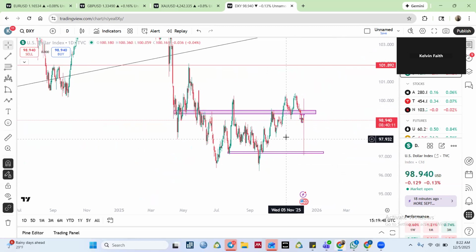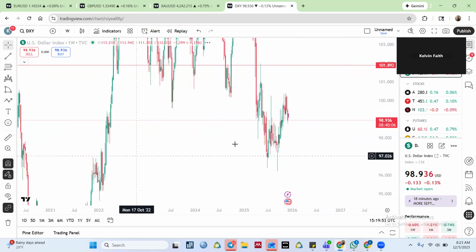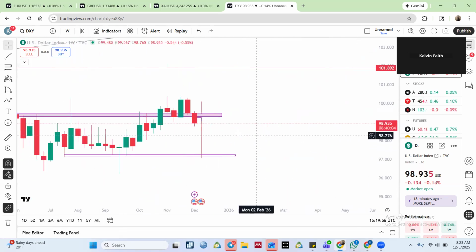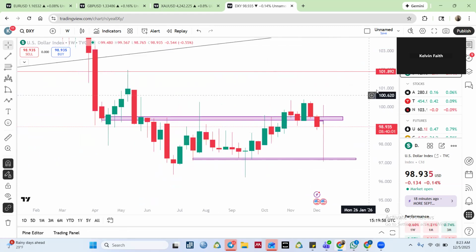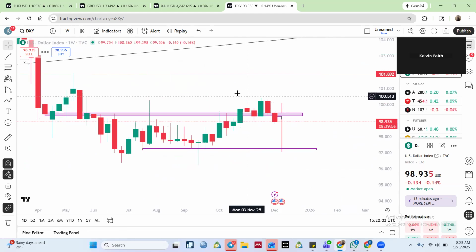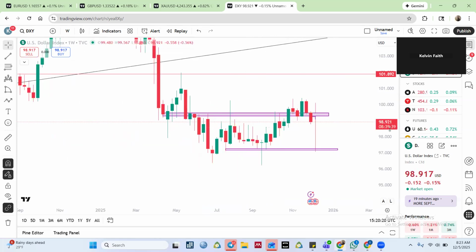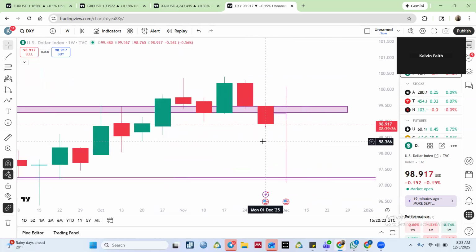Let's see the 4 hour. Actually, let's even look at the weekly time frame to see what is happening. From the weekly time frame, we had a morning star that lightly failed. We saw price push up again. Then we see an engulfing bearish candle. And then we see this week's candle is breaking the support. Can you all see that? I hope you guys can see that.